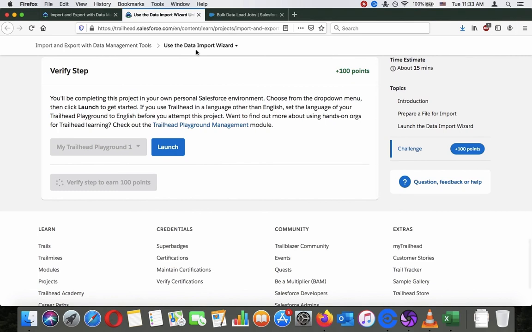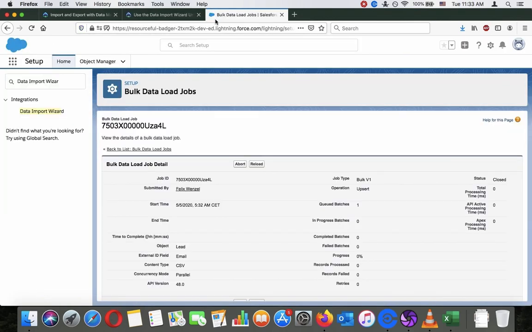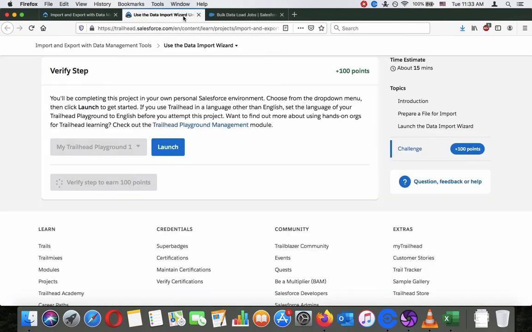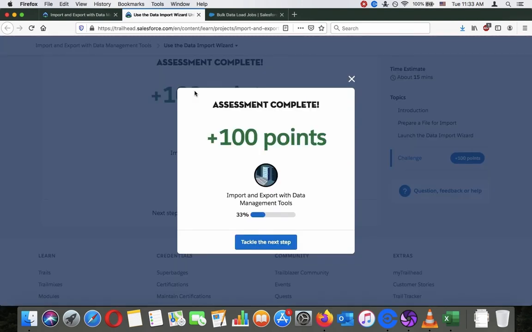Let's see if this already verifies or if this takes some time. I remember the last time I did it in another module, it took like an hour or something until I finally got an email. Okay, that's great, 100 points. Let's tackle